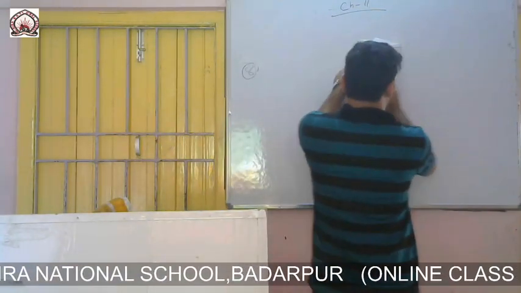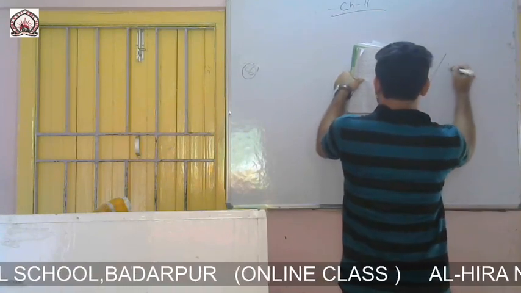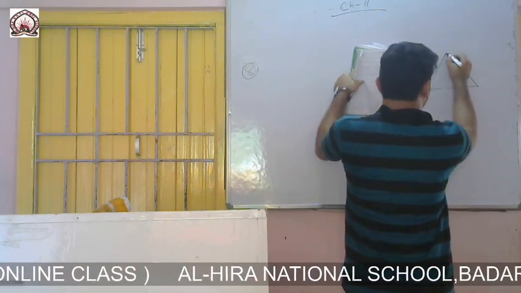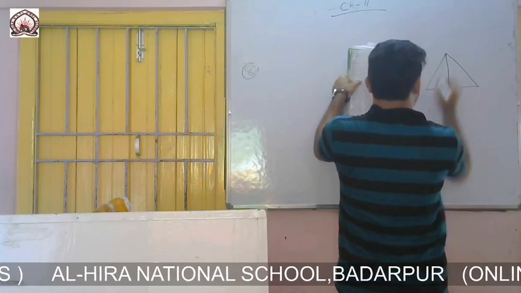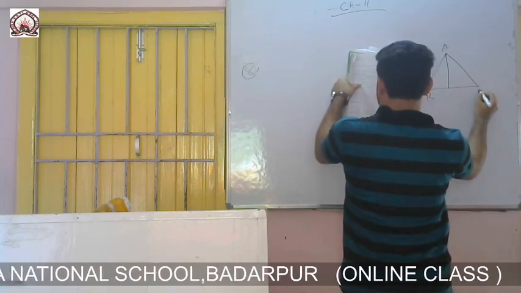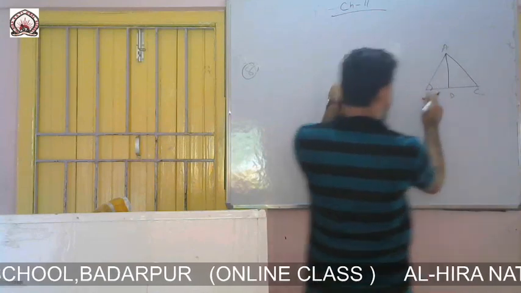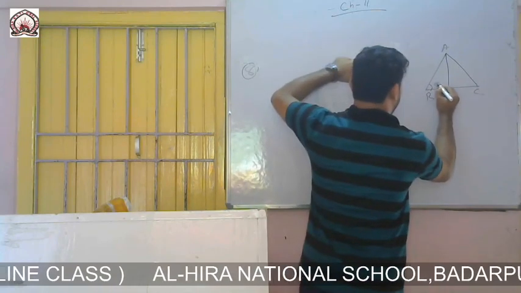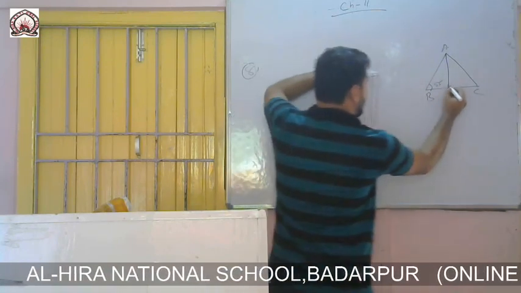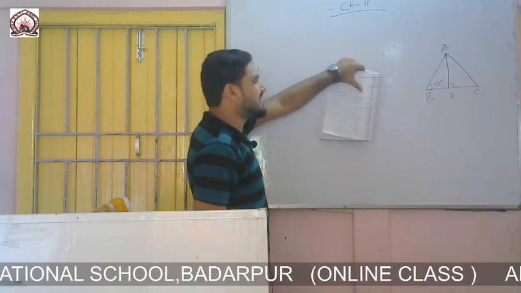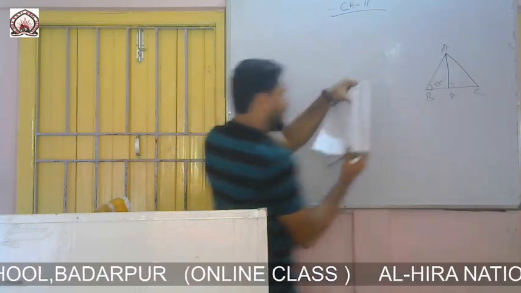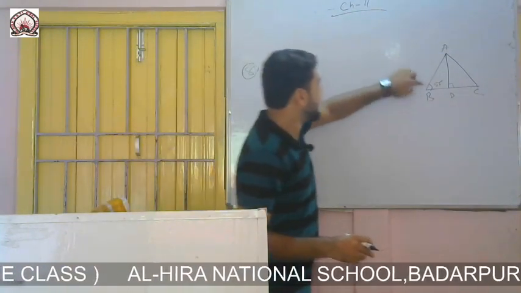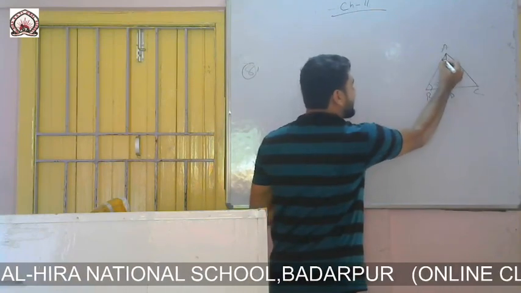draw the figure. You see, let me draw the figure. So let me draw the figure. You see A, B, C, D, and the measure of this angle is given as 55 degree, and this angle is given as 90 degree. The symbol means that it is 90 degree. So this is the figure. Now we have to find angle BAD. That means we have to find the measure of this angle.